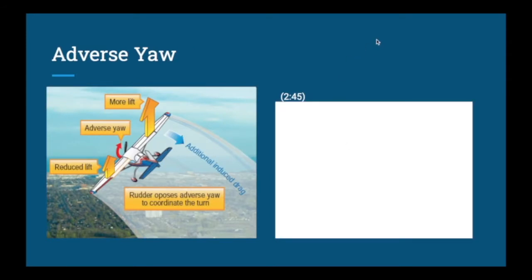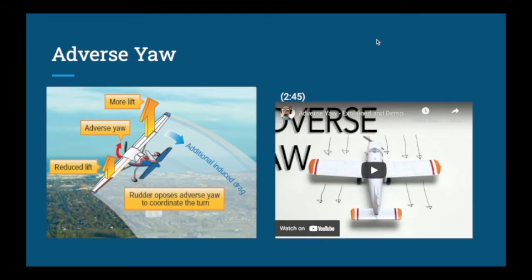All right, next we're going to look at adverse yaw. We've touched on slipstream, we've touched on P factor. Adverse yaw is another cause of unwanted yaw. It's also called aileron drag. You may hear some people call it that. But what this is